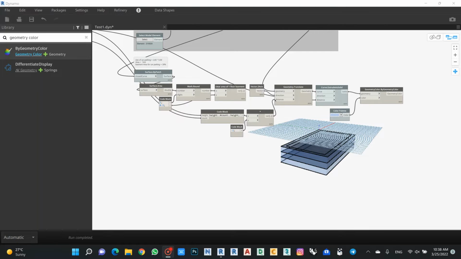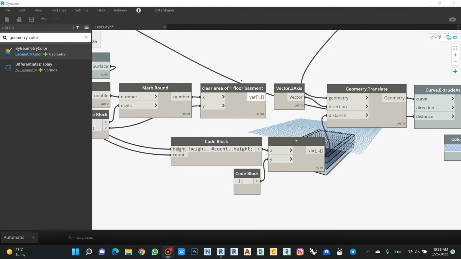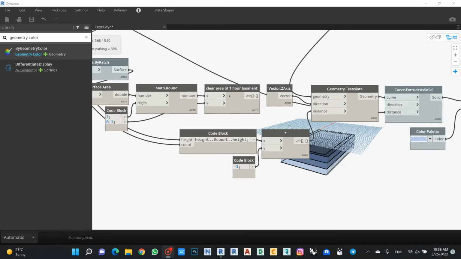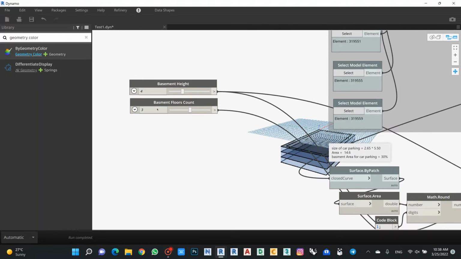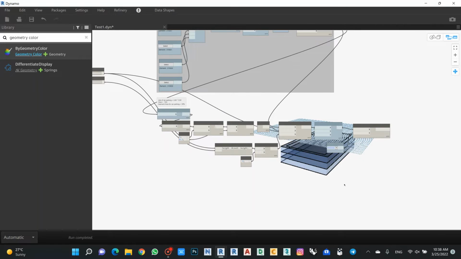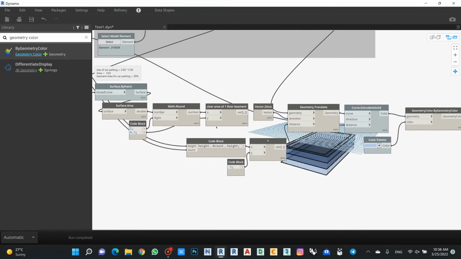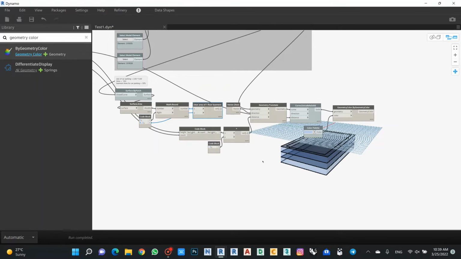So in this case, I will multiply the clear area for one basement in my input of the basement floor count to get the clear area for the full